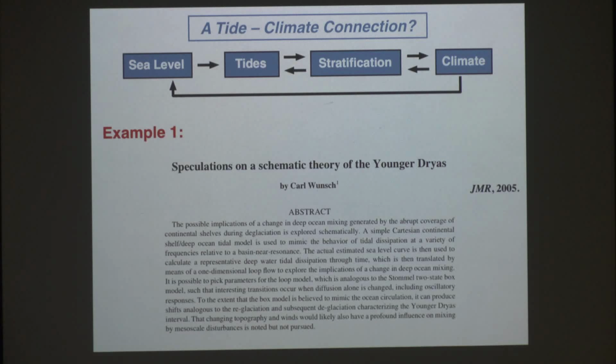Could that be responsible for this? On the surface, it sounds like it's crazy. But in fact, tides do give you a mechanism for a rapid change. Because if you think about coming out of the ice age, sea level is going up, up, up, up slowly. But then quite suddenly, sea level breaches the European shelf, suddenly breaches the Patagonian shelf. And so quite suddenly, the ocean tide in the whole Atlantic changes. So if you really do have these mixing scenarios, then conceivably that